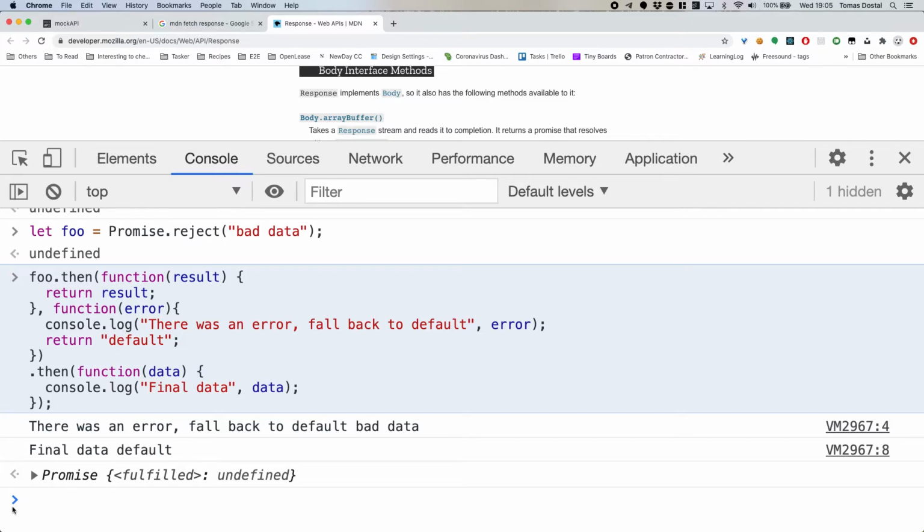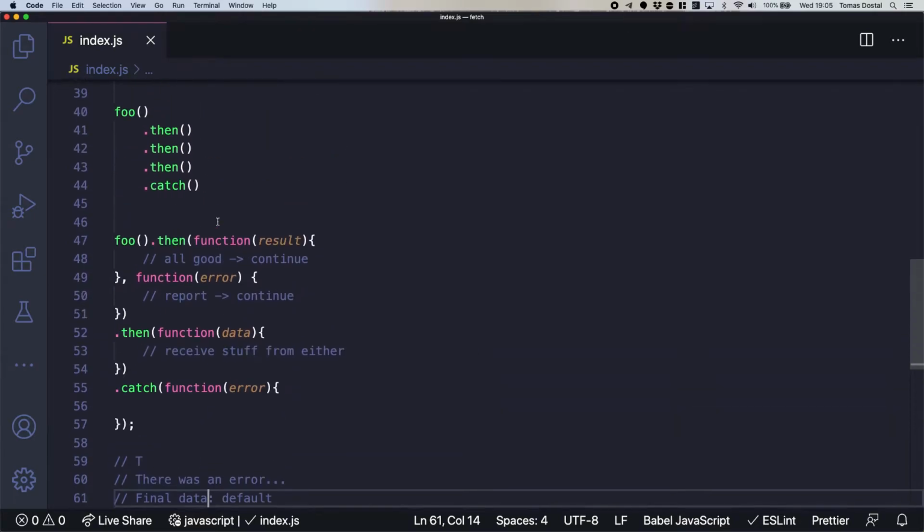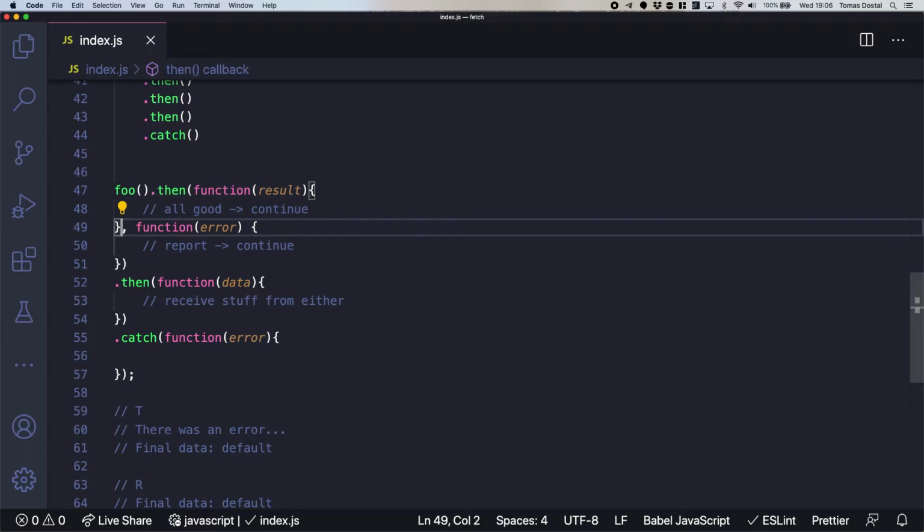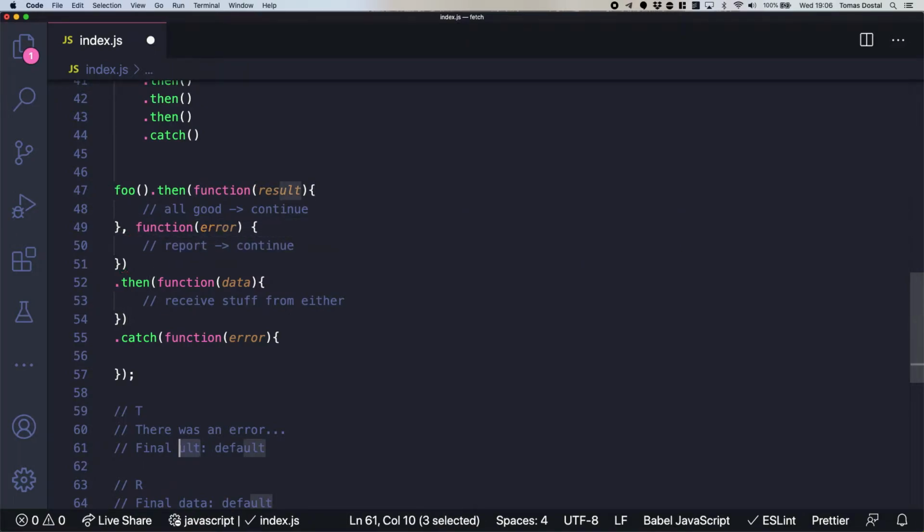Now we could rewrite this. You can play with this as much as you want. We could rewrite this to just use then and catch, right? So we could take this whole thing and put catch in there, do dot catch in here and handle it that way. But I would advise against it. I think catch should always be at the end, and you should catch the errors that way. So this would be much more readable. It's kind of visible that you are overturning the error.